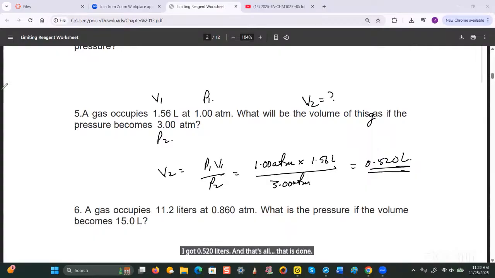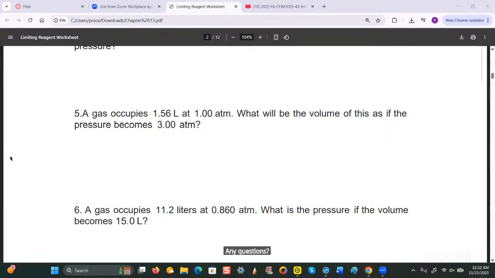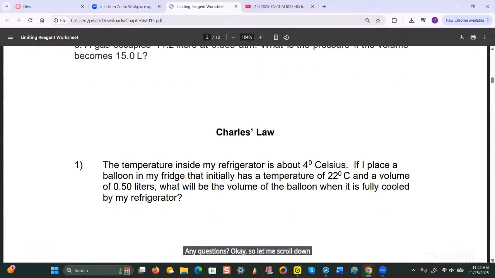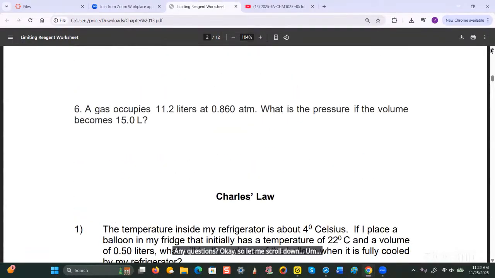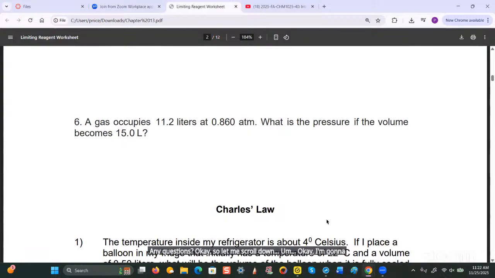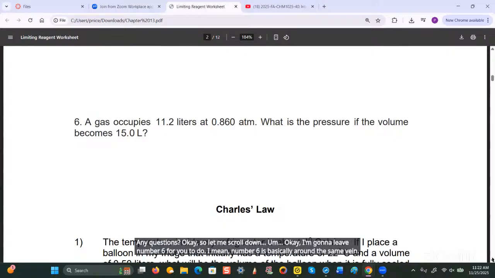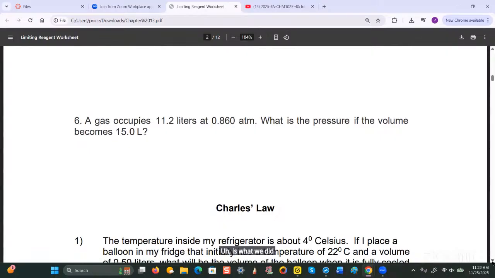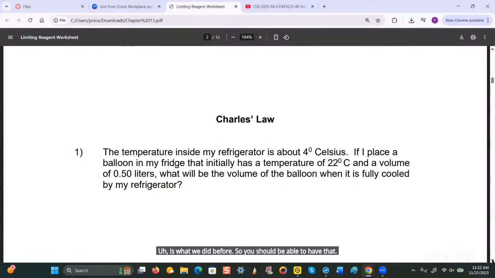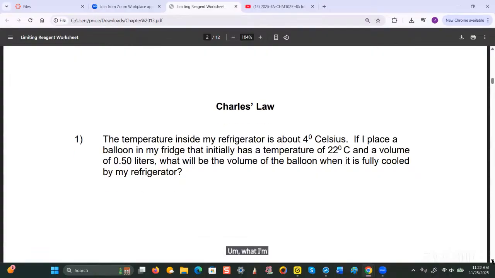Right? Okay. Any questions about this? Any questions? Okay, so let me scroll down. I'm going to leave number 6 for you to do. Number 6 is basically along the same vein as what we did before, so you should be able to handle that. What I'm going to do now is look at number